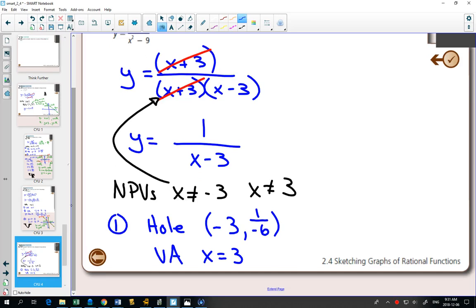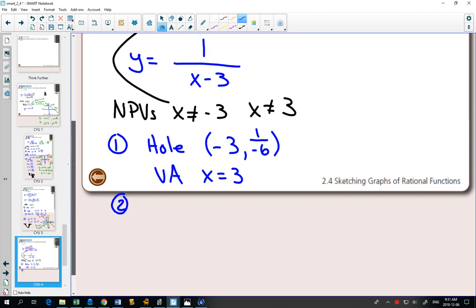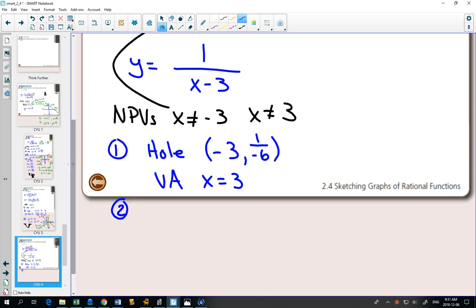Number 2, will that have an oblique asymptote or a horizontal asymptote? And now we're looking at the simplified equation. It's going to have a horizontal asymptote. The degree is larger in the denominator. Every time it's larger in the denominator, you'll have a horizontal asymptote at y equals 0. Step 3,